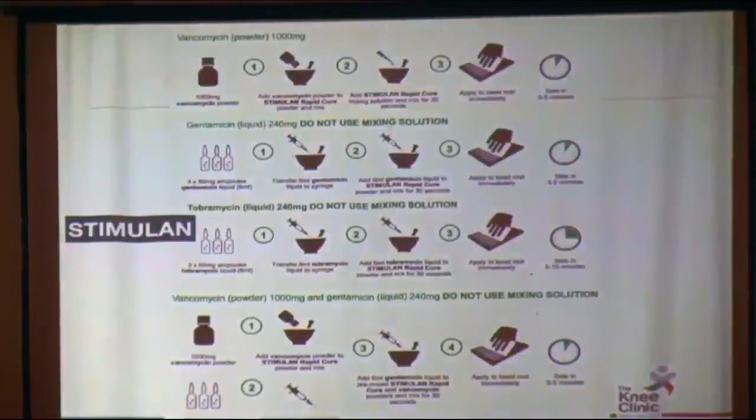One important slide over here I wanted to make. Stimulan has now come out with an official document that says you can mix antibiotics in a particular way. So if you're using powdered vancomycin, then they say don't use our powder, the powder that we supply, just use our liquid. If you want to use gentamicin or tobramycin, which come in vials, as liquids, they say use our powder and directly use only genta or tobra, and you can form the beads.